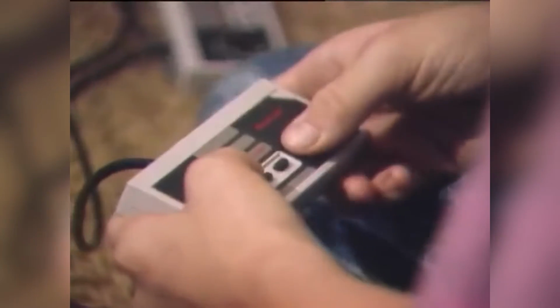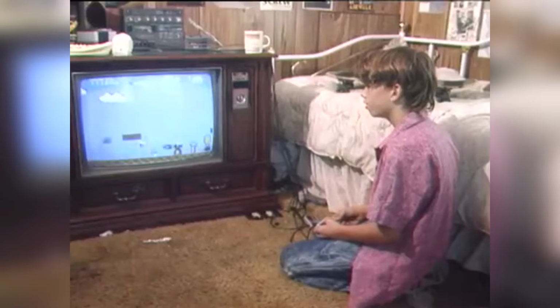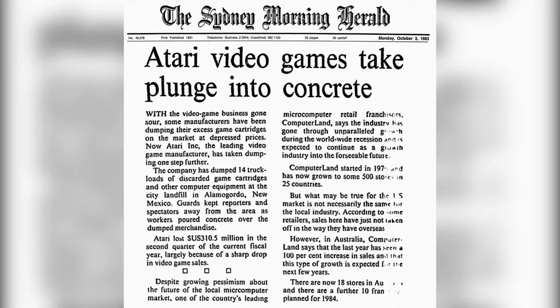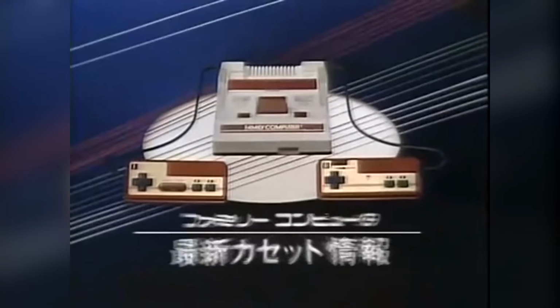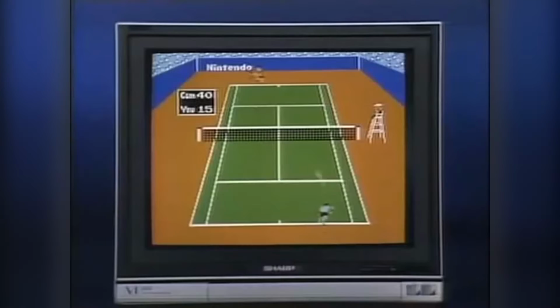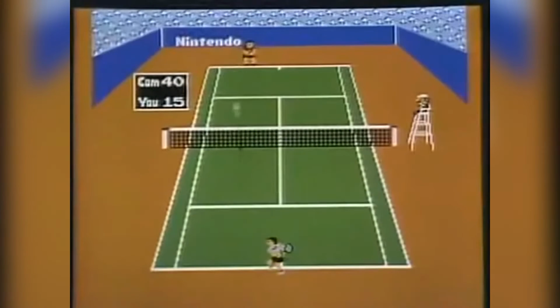Whether or not you started gaming with the original toaster NES, you can't deny that it helped rebirth the video gaming market here in the US after the video game crash of 1983. While this was happening across the country and many companies were jumping ship out of the industry altogether, in Japan Nintendo was looking to bring forth sweeping change with the release of the Famicom in July of that year. Nintendo would look to various